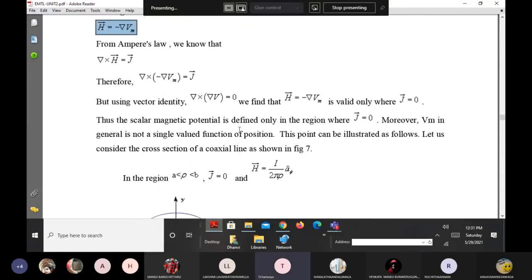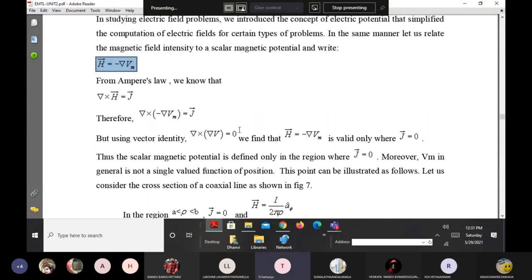Okay, listen carefully. We have to define the magnetic scalar potential. For that, I have made an assumption from the electric field relation. It's somewhat important. Here V suffix m is a scalar quantity. It's not a vector, it's a scalar quantity. We have made a magnetic scalar potential with respect to H equal to minus del Vm. This is the reference equation, which is derived from the relation between E and V.